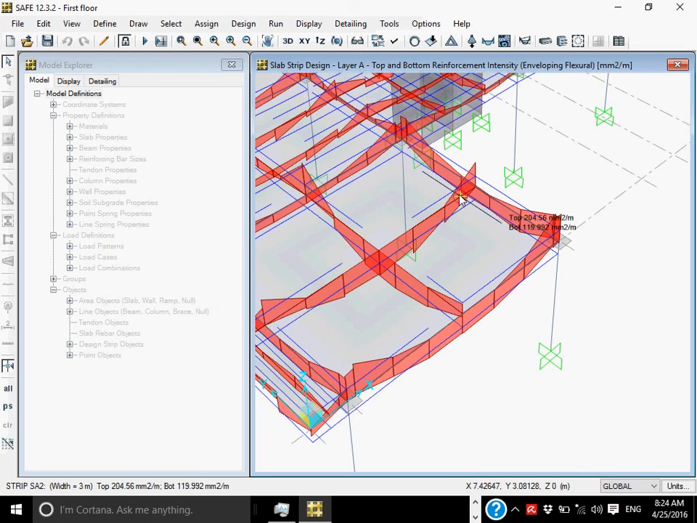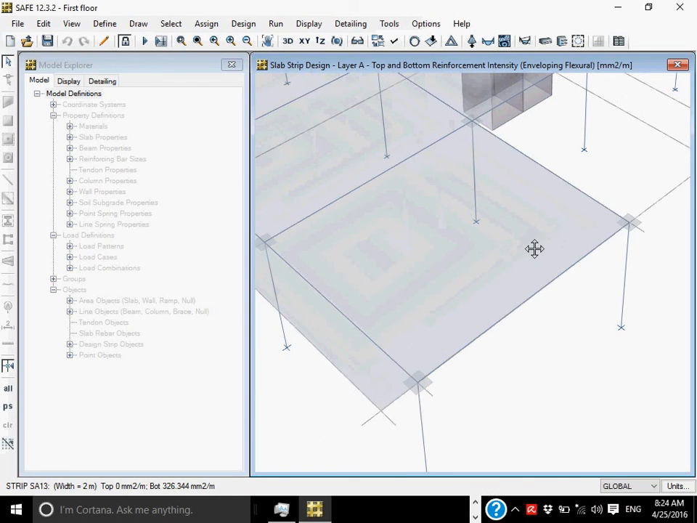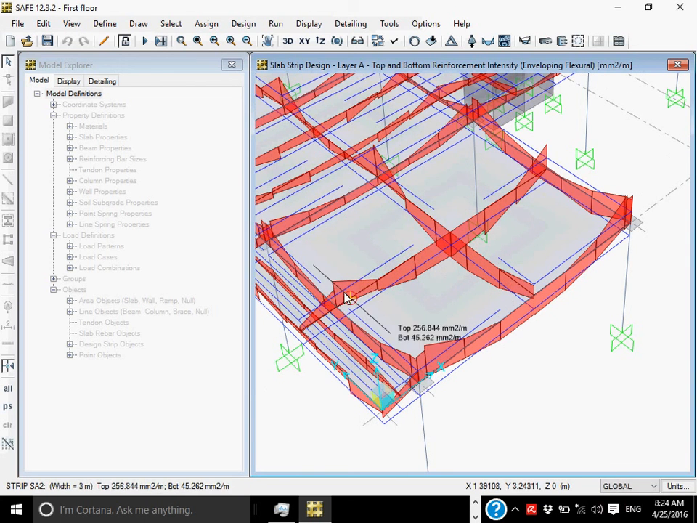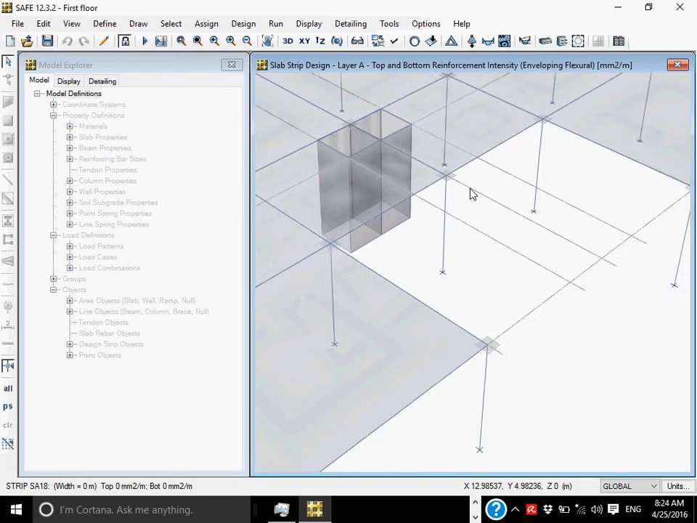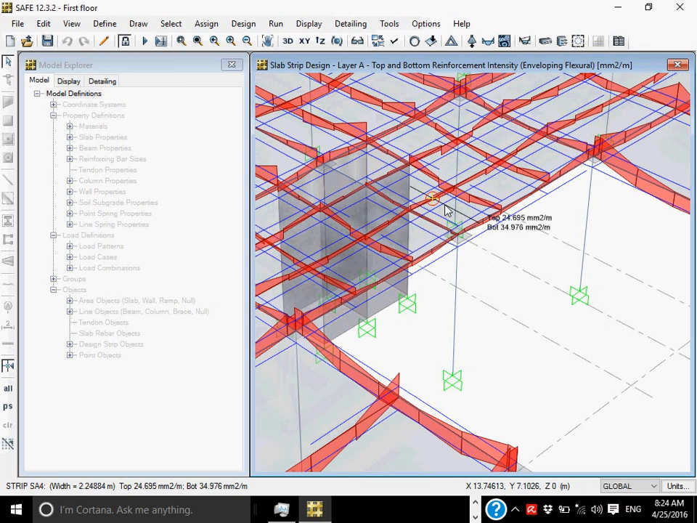And as you go towards the beam, you have the negative. It must be there. Top steel you can see here. Negative means the bending moment is negative. Top steel is here now. Required top steel here is 267 millimeter square per meter. How easy it is. See? And now see, the panel is small, so reinforcement is also very small. But